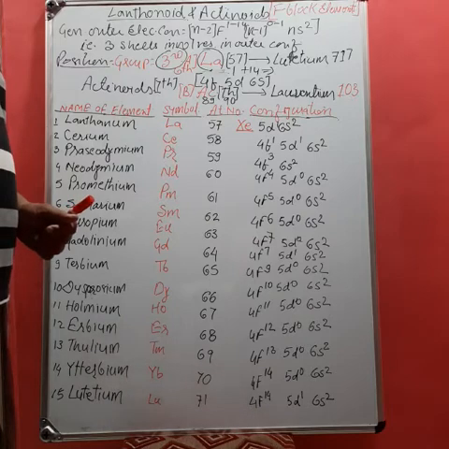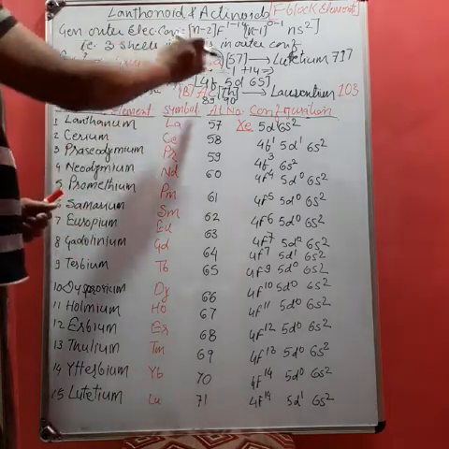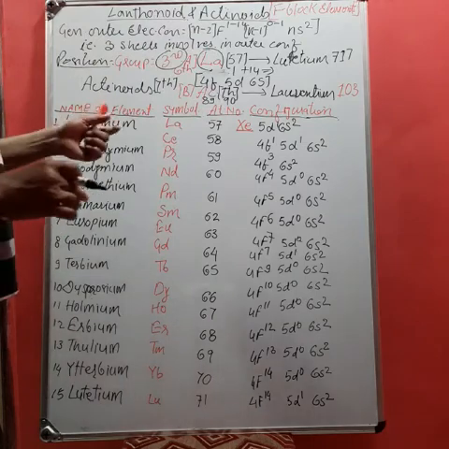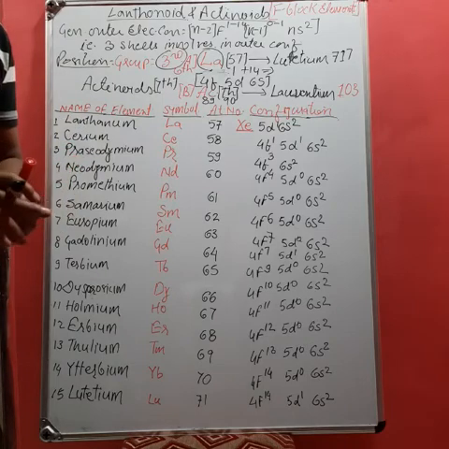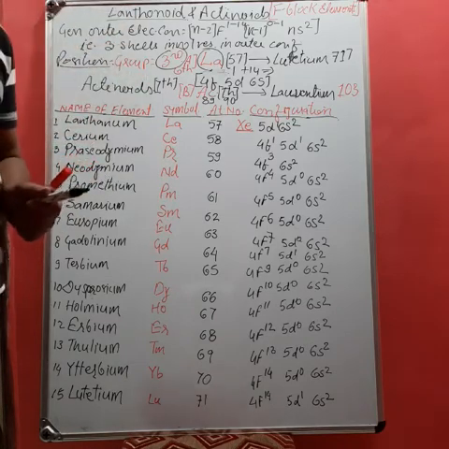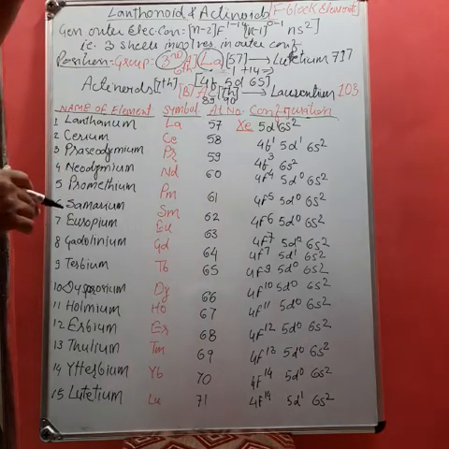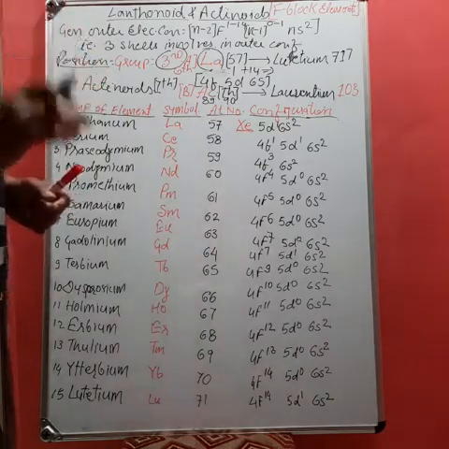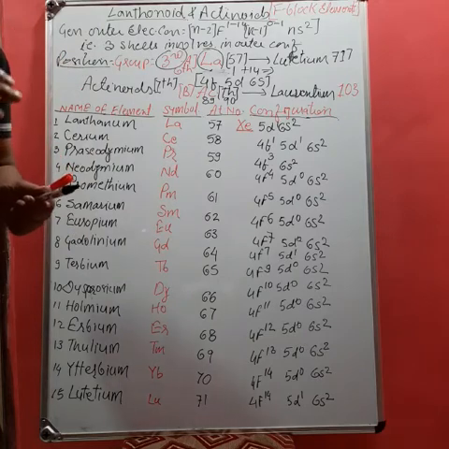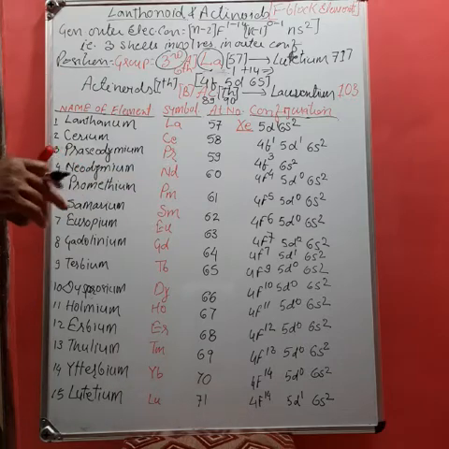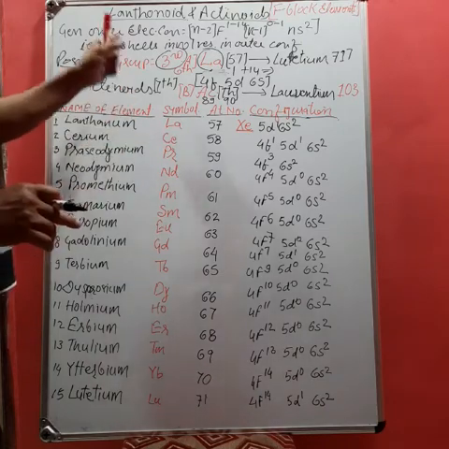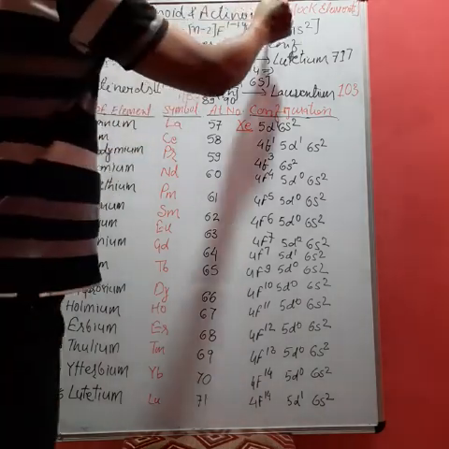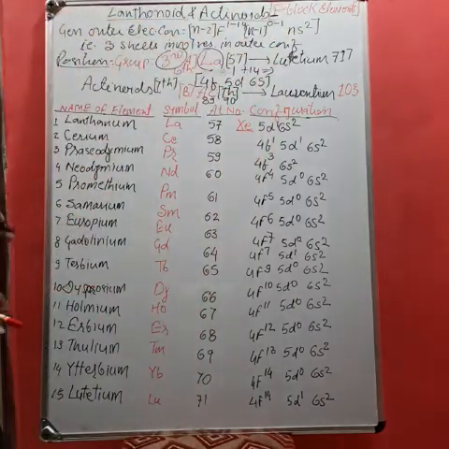But there is no place for the 14 elements each of lanthanide and actinide. Therefore, they are separately placed at the bottom of the periodic table in the form of two horizontal series. Therefore, these elements are also known as inner transition elements. Inner transition elements means they are part of the transition elements, but there is no place, therefore they are placed here. Moreover, the transition elements belong to D block, but these elements belong to F block. Therefore, the particular name F block elements is given to them.